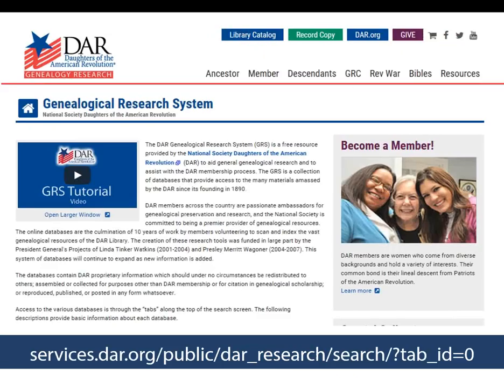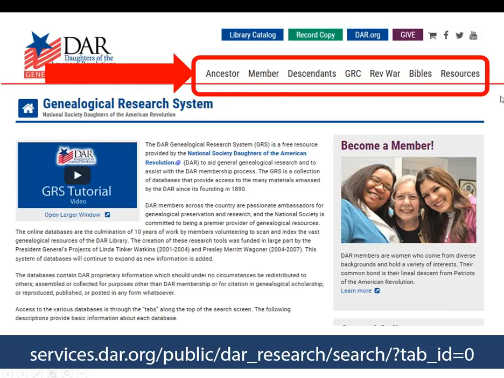From there, you will enter the genealogical record system. This is the landing page for the GRS. There is a GRS tutorial and a video that you can watch to learn how to use the GRS system. The GRS comprises the following databases: the Ancestor database, the Member database, the Descendants database, the GRC, which